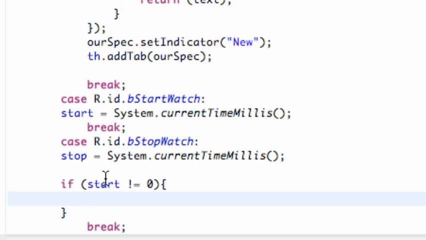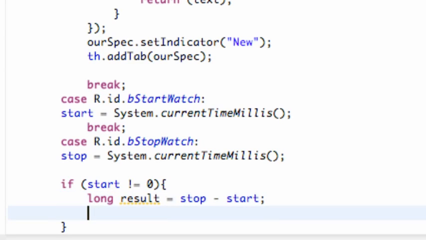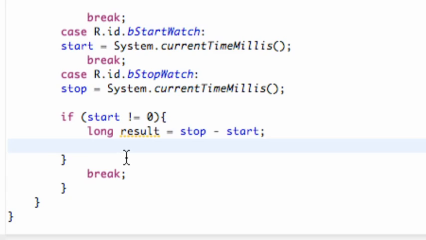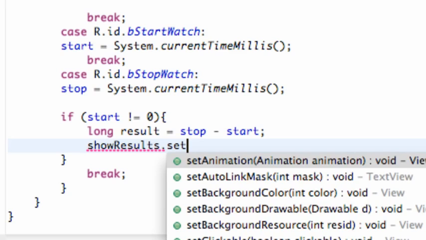Within here, we're going to set up a new variable, a long result, and this is going to be equal to our stop time minus our starting time. So basically it's going to be how long it took the person to go from start to stop. And then we're going to say our text view, showResults, dot setText,